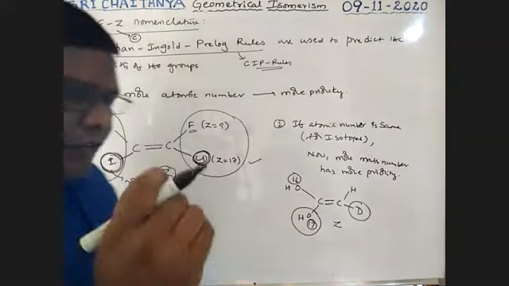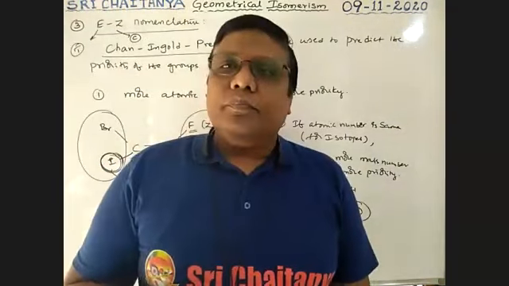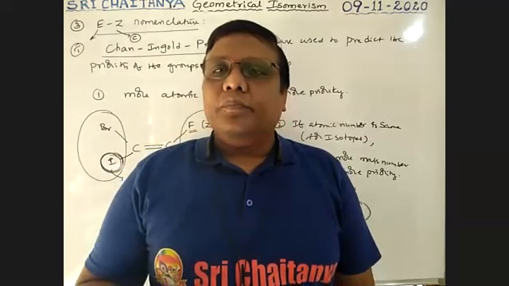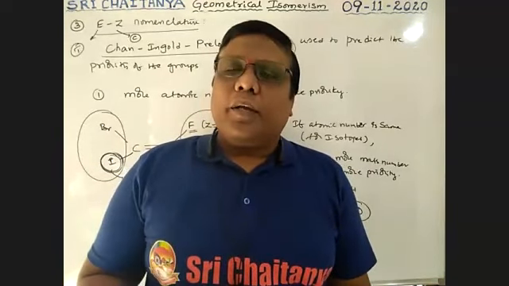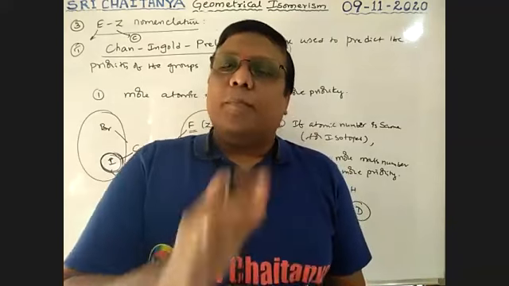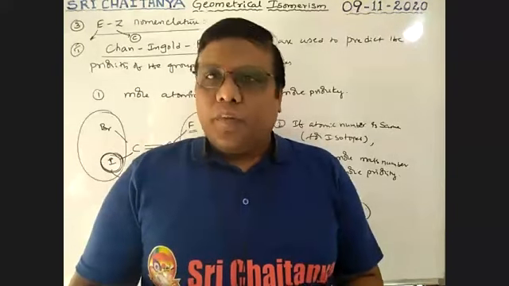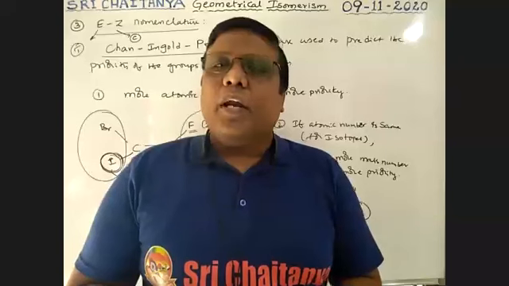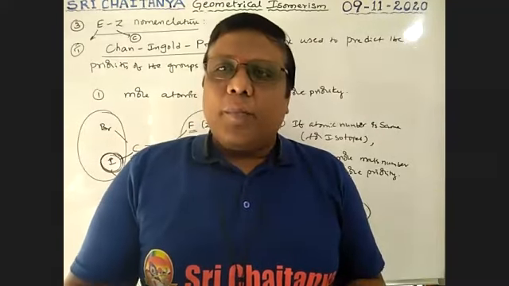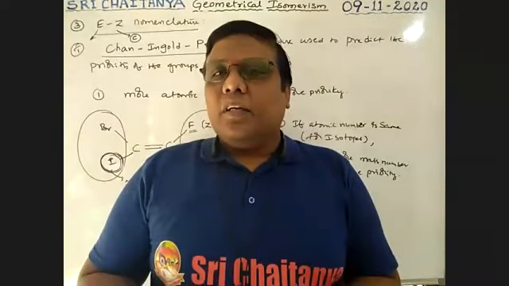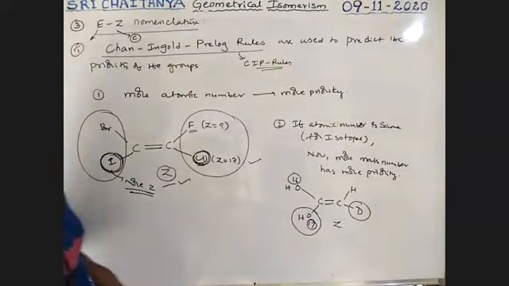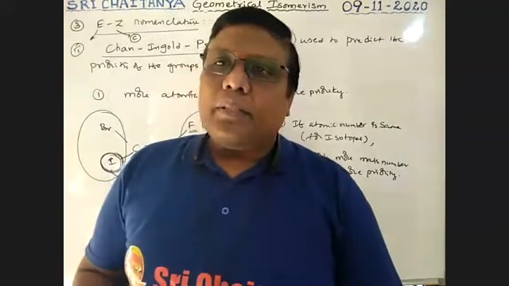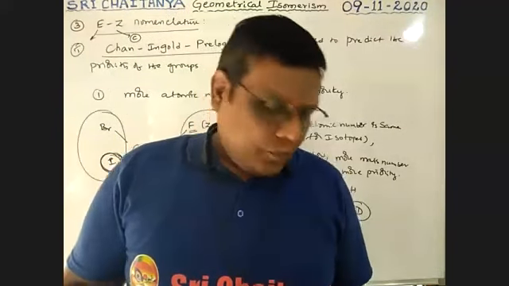So that means if atomic numbers are the same, automatically we should identify mass numbers. The more the mass number, the higher the priority. It is possible only if the atomic number is the same. If the atomic number is different, automatically more size, more atomic number, more priority. If atomic numbers are the same, decide with the mass number. It is the second rule: atomic numbers and atomic mass numbers. Next, third rule.